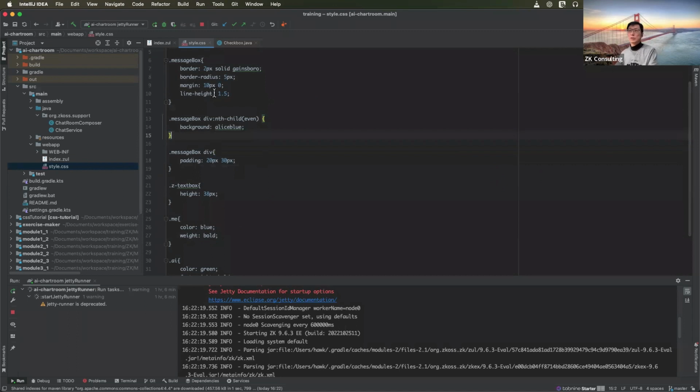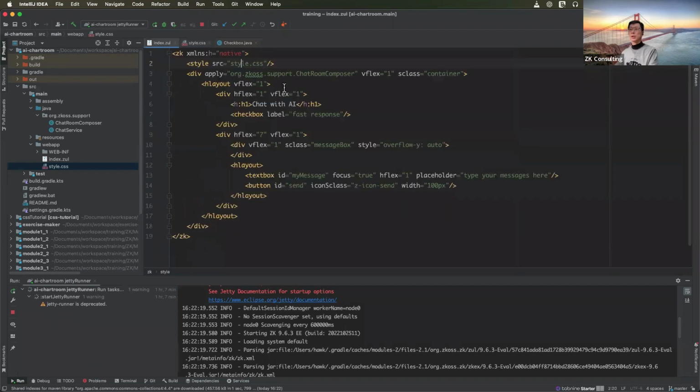I think this is the normal way. You include a CSS file in this page, and it contains CSS. And there are two ways to specify CSS to customize a component. For example, first, you can use a style. Every component supports a style attribute. So you can specify style directly, and it will render as a style